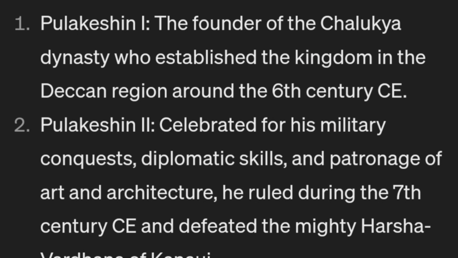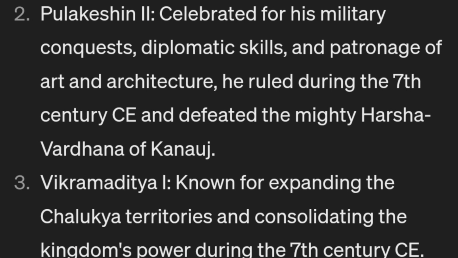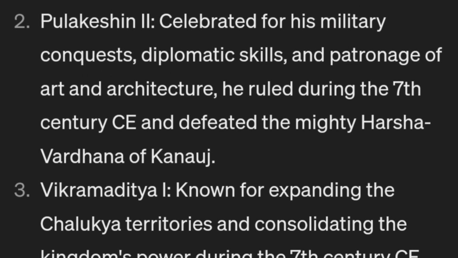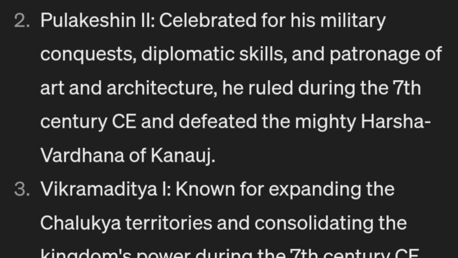Mangalesh wanted his son Sundarvarman to become the king, and he did not want to give his throne or his empire to Pulakesin II. So Pulakesin II became angry. He went to Kolar and formed an army. Then he returned with his army, defeated his uncle Mangalesh and killed him. After that, he became the king. He was one of the most important rulers of southern India, celebrated for his military conquests, diplomatic skills, and patronage of art and architecture.